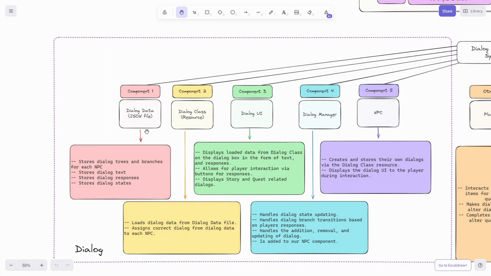In our dialog system, we'll need to make 5 components. These components consist of a structured storage method, which will store all of our dialogues, a dialog component, which will load our dialog data from the storage, a UI component, which will display the loaded data from the dialog component